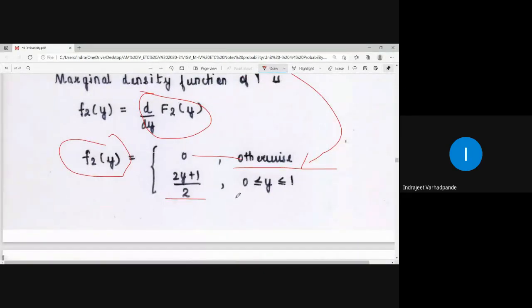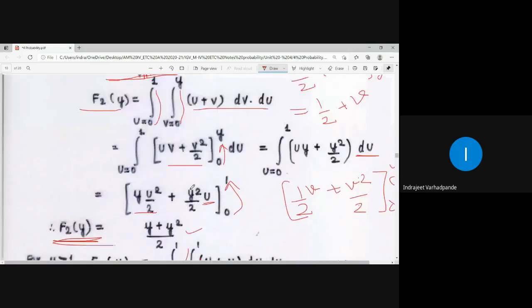So in this example, independently we discussed for a continuous random variable the marginal density function as well as the marginal distribution function. Remember the formula well. For the marginal distribution function for x, u will be from minus infinity to x, and v will be completely for the given range. For the marginal distribution function for y, v will be from 0 to y or whatever range, and u will be completely for the constant limits.